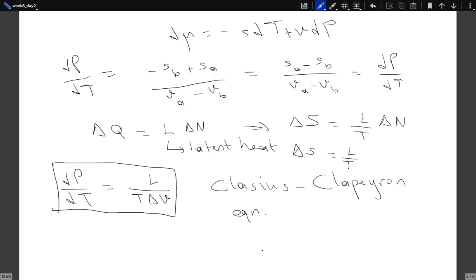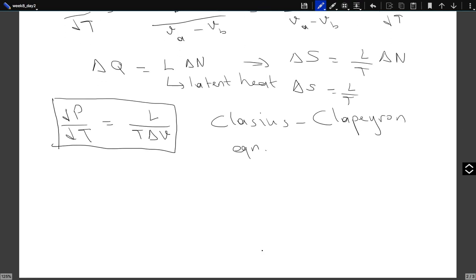So this dP by dT curve for the liquid, if you go from solid to liquid, let's say, then L is positive, T is positive, delta V for water is negative, so this derivative is negative. So that curve, the PT coexistence curve for water,